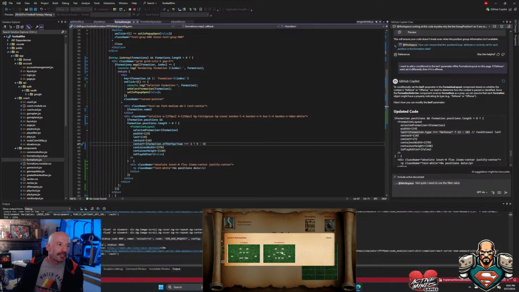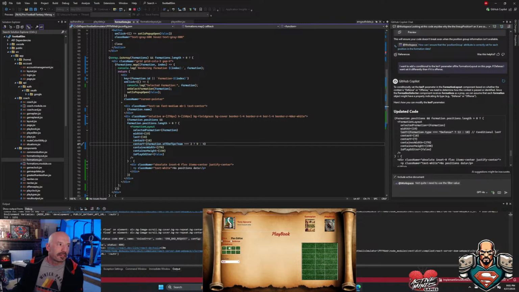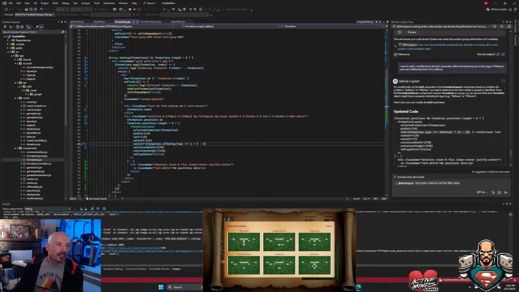So I got my defense. Then we got the offense. Now, offense doesn't need as much space, but when I put a punter in, it will. Punters and kickers are going to be back here. So I'm going to have to make that room. In theory, I could shrink it, but I don't know if I want to. I change the length. I was thinking maybe squish it down and go to a